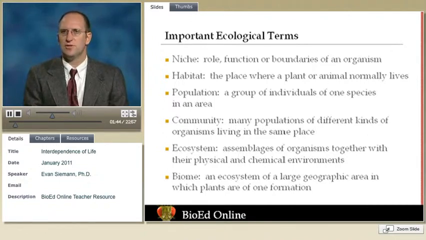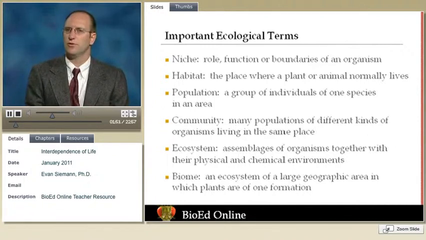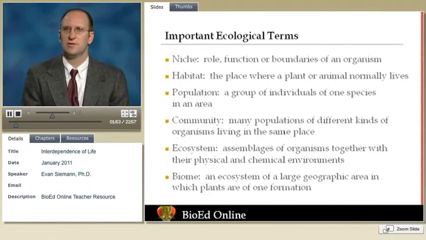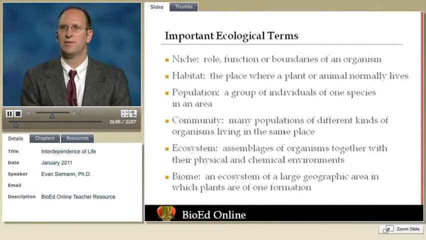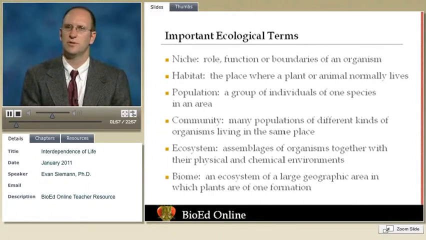A population is all the individuals of one species living in a particular time and place. Sometimes a population is defined fairly naturally by boundaries, but often it's determined by the researcher. A researcher would set out to study some species, pick what they think are the borders of that population, and study it for some particular period of time.